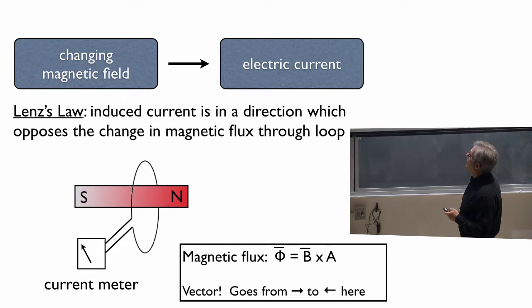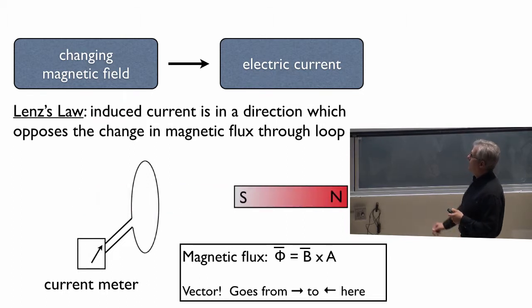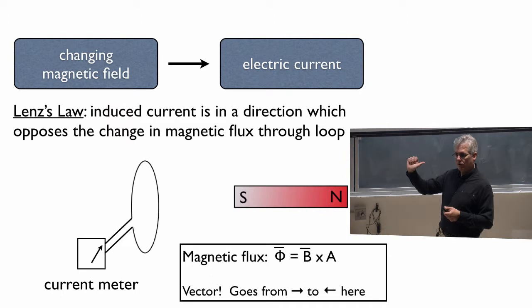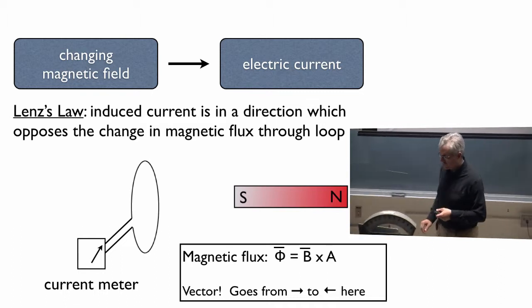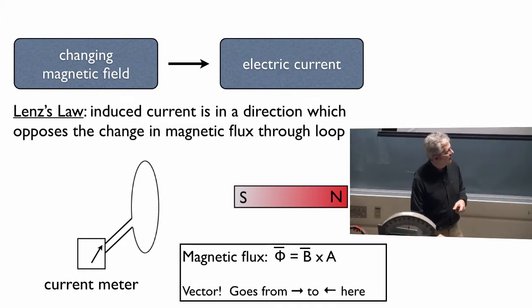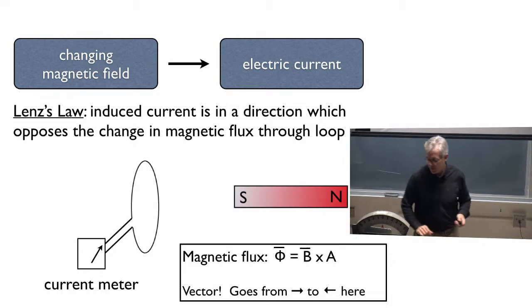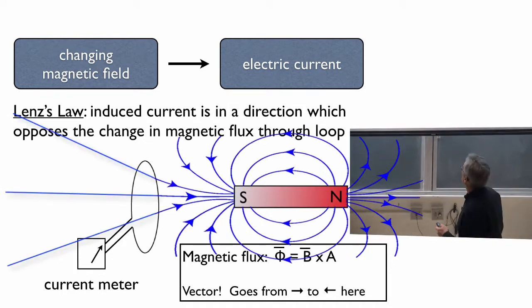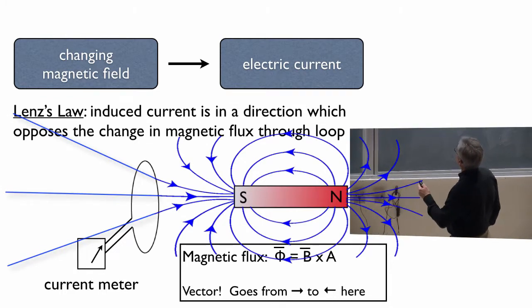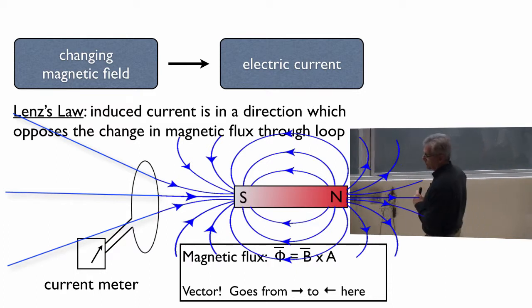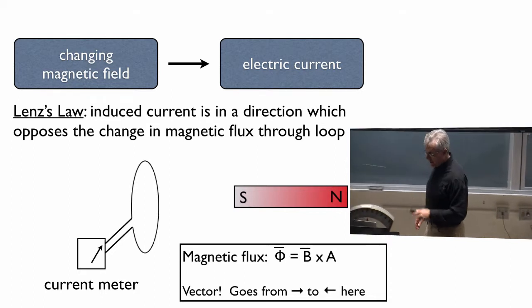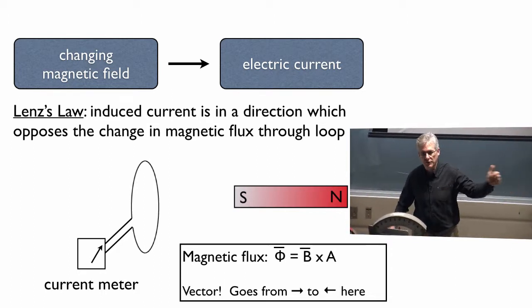As the magnet leaves the loop, this magnetic flux goes from pointing in the right-hand direction to a smaller vector still pointing to the right. I say on the slide it goes from right to left, but it doesn't quite go all the way to the left because you still have a weak magnetic field going into the south pole of the magnet. But if you have the magnetic flux changing from positive to negative, you will get an induced current